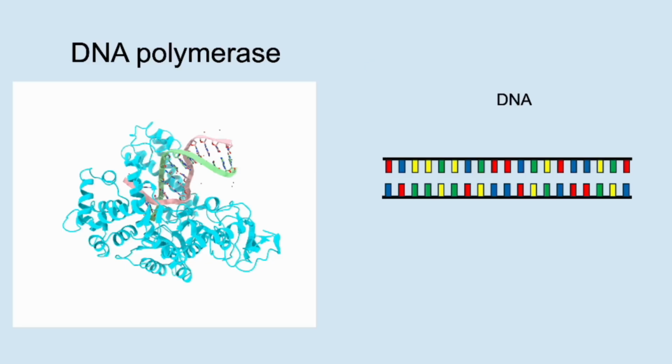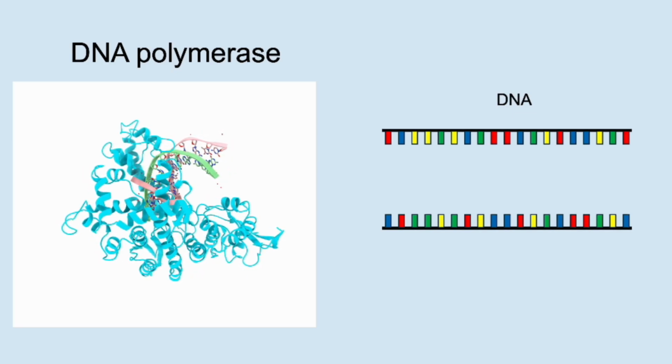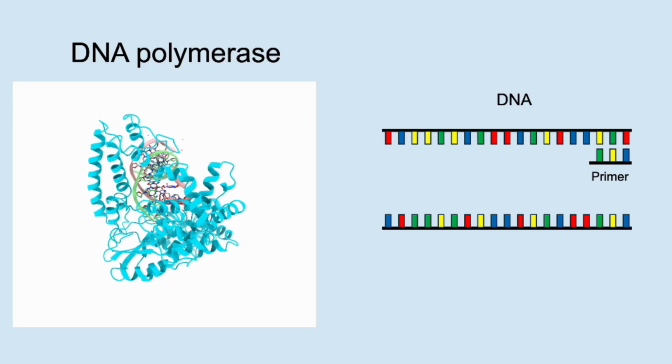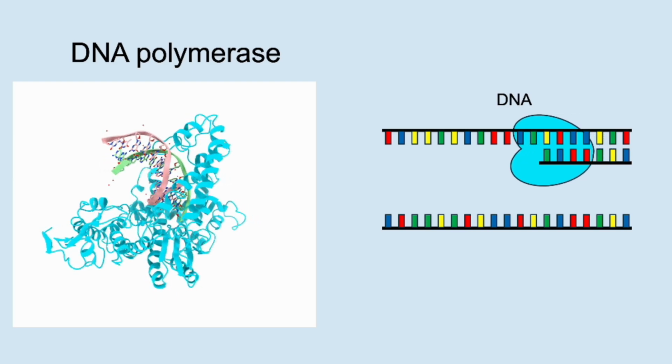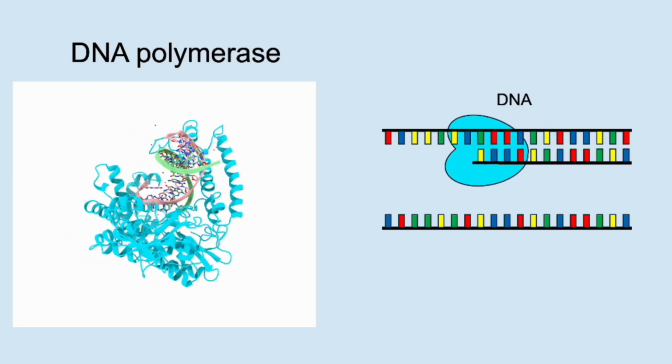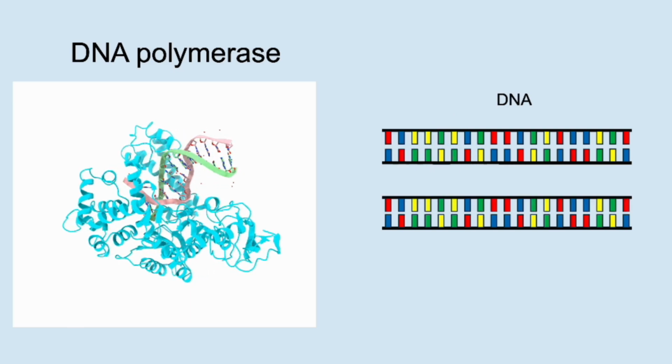At the core of PCR is an enzyme called DNA polymerase, an essential enzyme for all living organisms that is responsible for DNA replication. During DNA replication, the double-stranded DNA is first separated into single strands. Then, an enzyme called primase synthesizes primers, which attach to the single-stranded DNA. DNA polymerase then reads one strand while synthesizing the complementary strand. Because the base pairs A and T, and G and C, are complementary, reading one strand automatically determines the sequence of the other. This process doubles the DNA with each cycle.